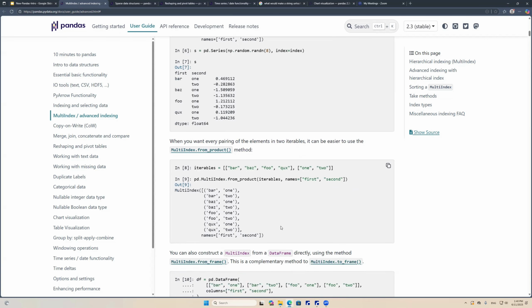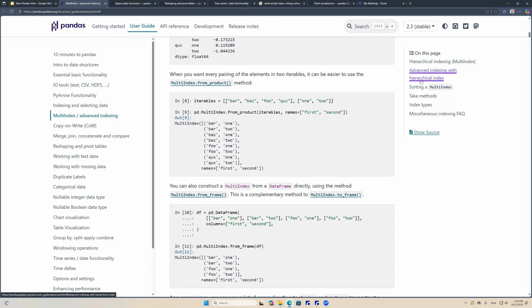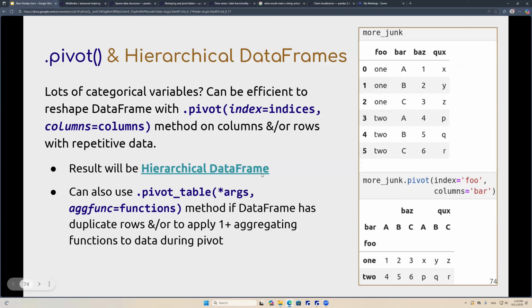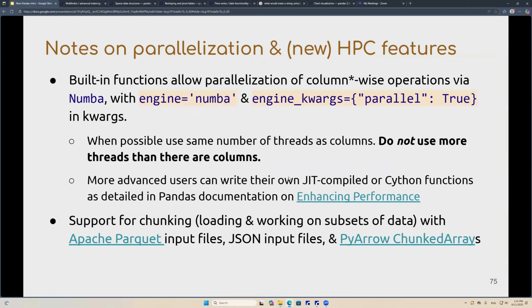And it gets much harder if you want to try and actually do operations on these. So I usually avoid using anything that converts to hierarchical data frames, but that's my preference. If you find them more intuitive, you're welcome to work with them. And as I said, pivot table might save you some space. All right, the last thing I want to cover is that there are some native parallelization features